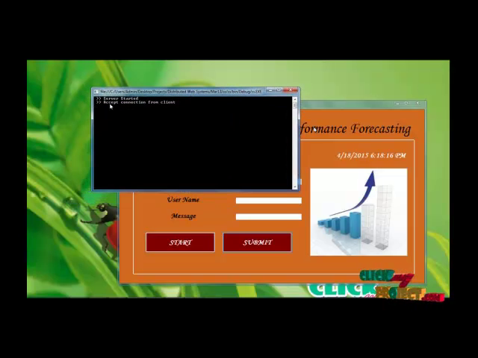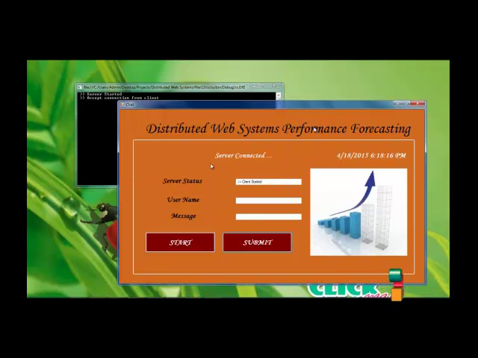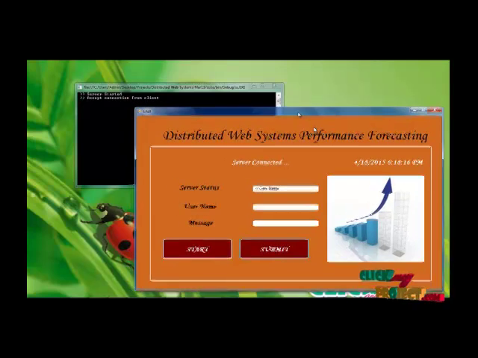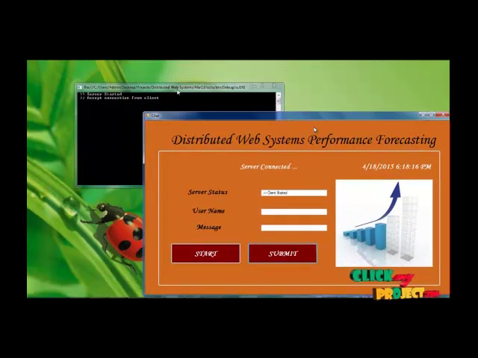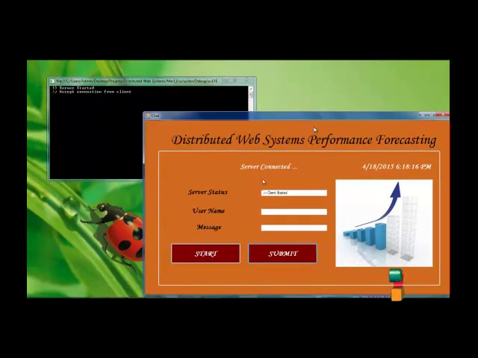Now the process can be started in another way. This is the client and server process. This process is service level 2. So it will be available for a few seconds for this type of server. So we can check our server status. Now the server can be started and then the client will be started. Now we can type our username and then a message. The process is ready to progress for the server side actions.